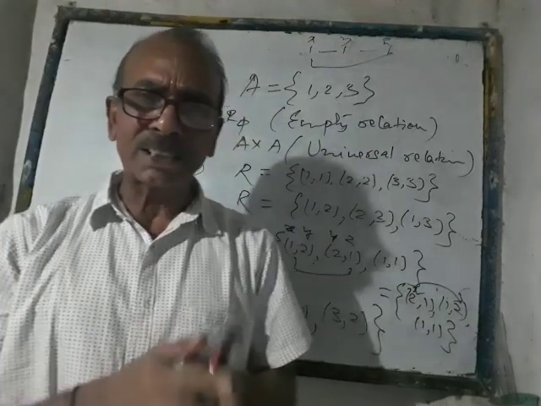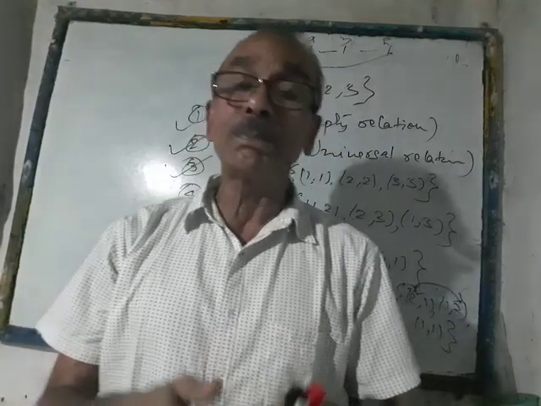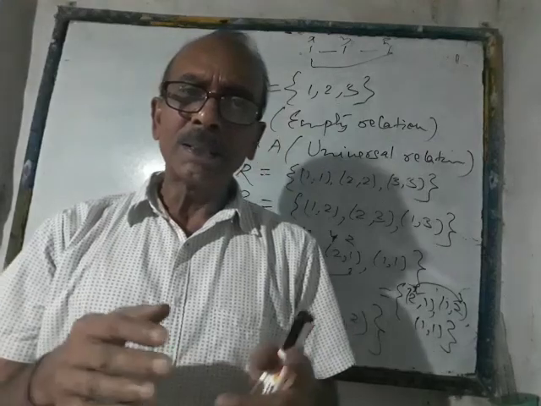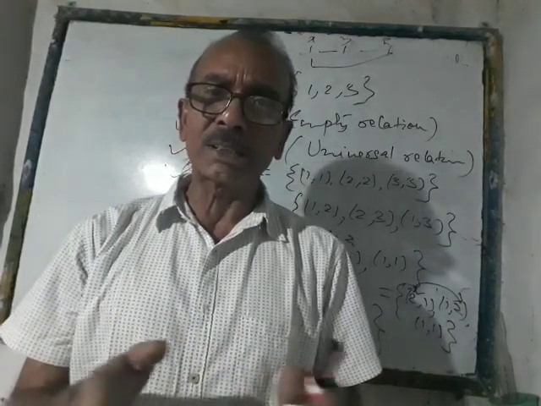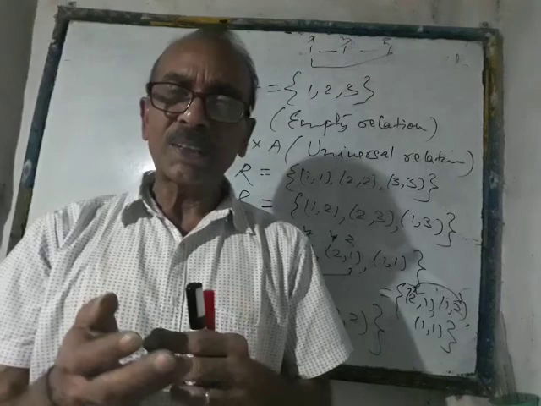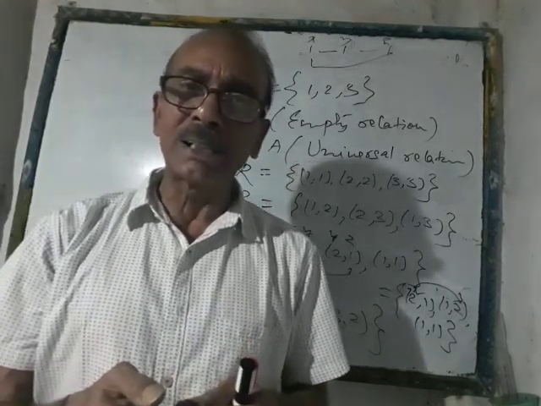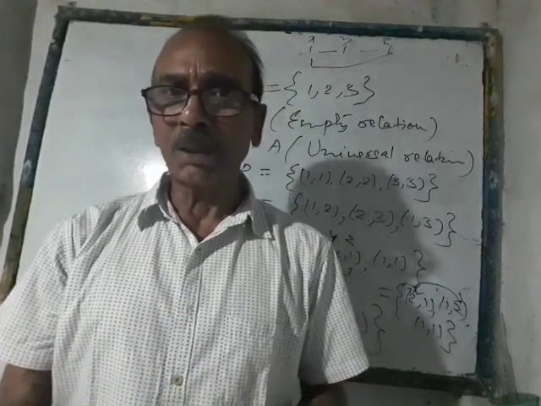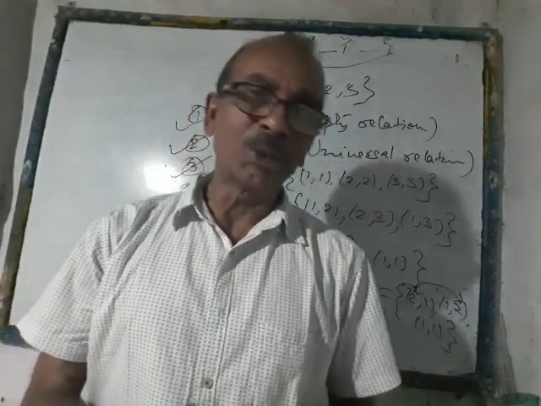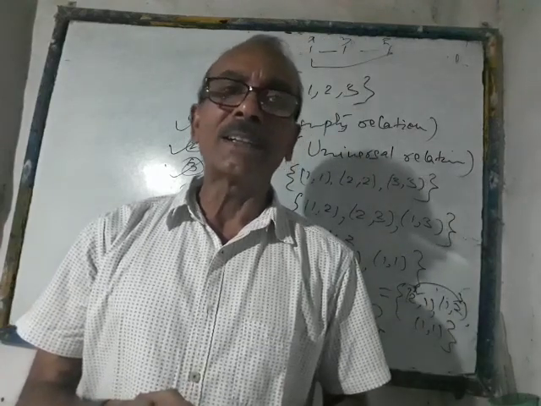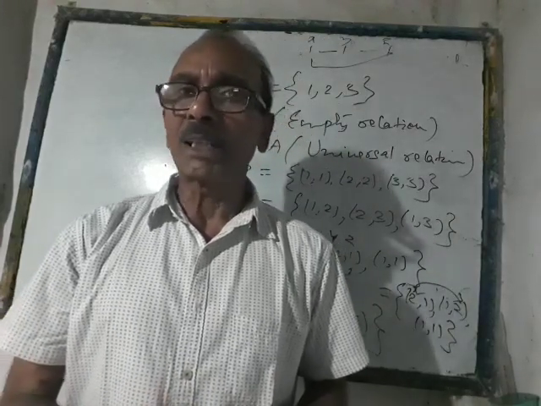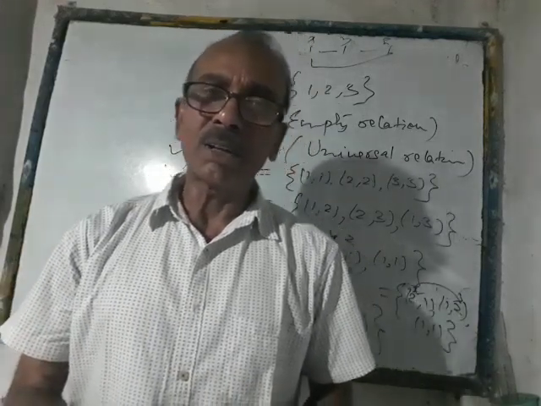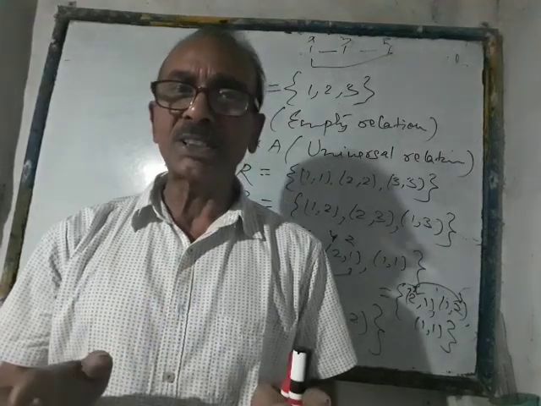Now you can understand by this example very clearly, because "is a teacher of" may or may not hold. But in this example, it will be very clear that this relation cannot be transitive. If A is a father of B and B is a father of C, then can A be a father of C? No, no one can say that. In fact, A will be a grandfather of C, my dear. So the relations "is a father of", "is a son of", or "is a grandfather of" are not transitive relations.